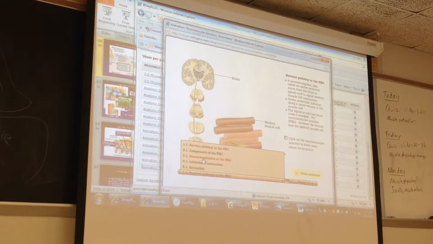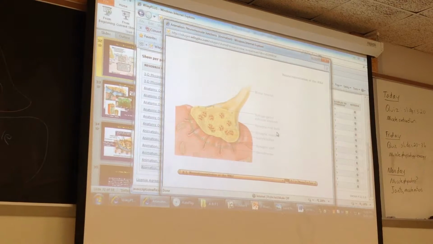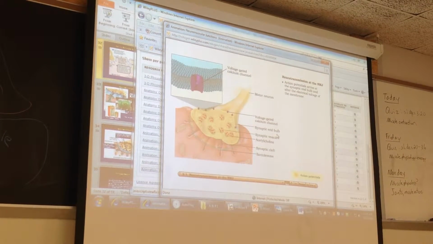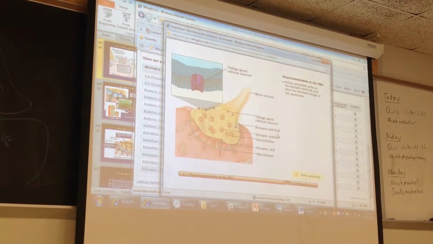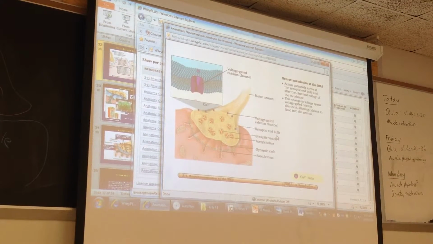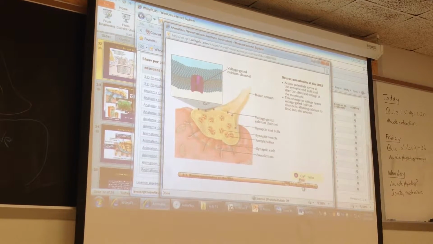Let's go to transmission. Let's go to this one right here. As the action potential arrives at the neuron's synaptic end bulb, it causes a depolarization of the motor end plate. This change in voltage opens calcium channels and allows calcium